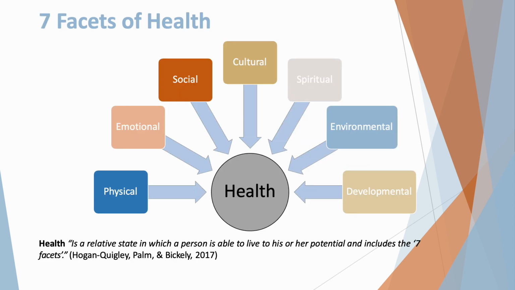Let's start out by talking about the 7 facets of health. When we talk about the 7 facets of health, it is when the advanced practice nurse looks at their patient through the lens of the holistic model. So it's not just looking at the physical, which is how the body adapts, but it's also looking at the emotional. What are the attitudes, the mental fitness of your patient, while also considering the social well-being of your patient, which is contributed not only by the patient, but by those family members and friends that provide